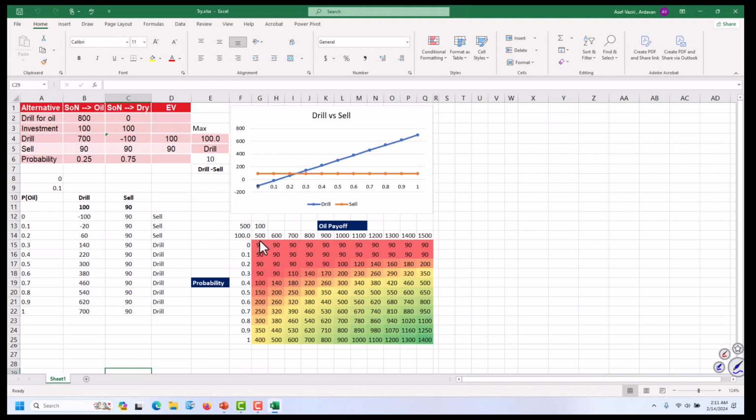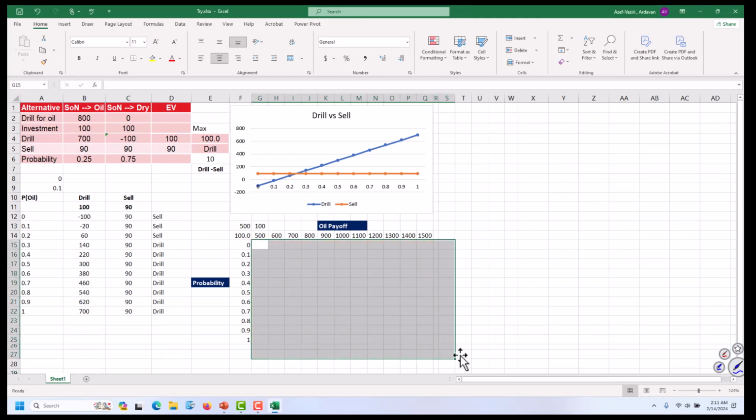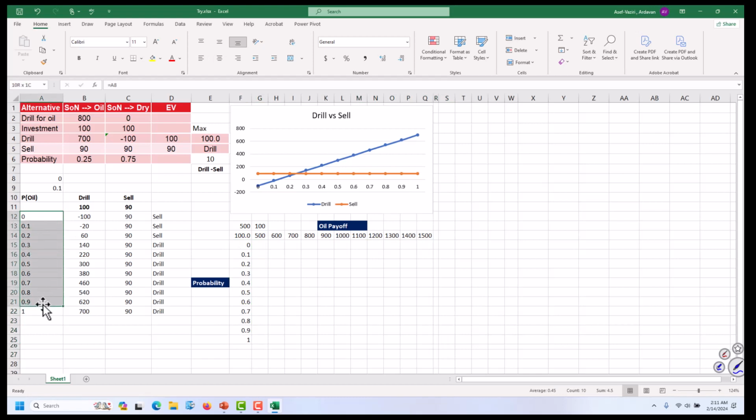Now let's do a two-dimensional data table. In one dimension, I want to have the probabilities as it was before. In the other one, the payoff of oil, which is now 800, I want to check it from 500 to 1500. So here, as usual, I go equal to 0